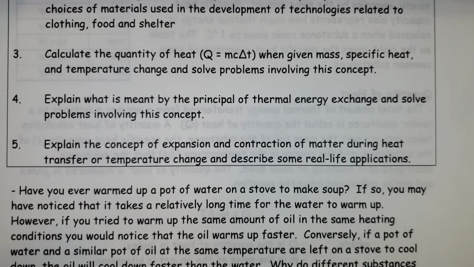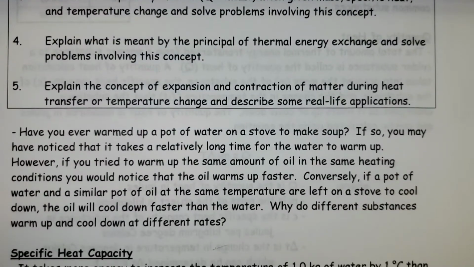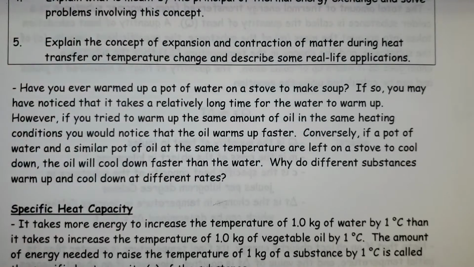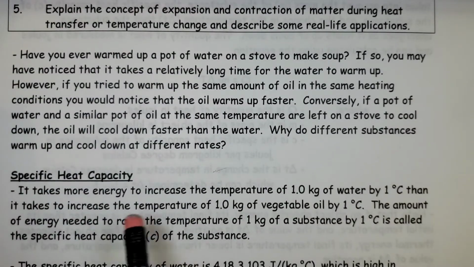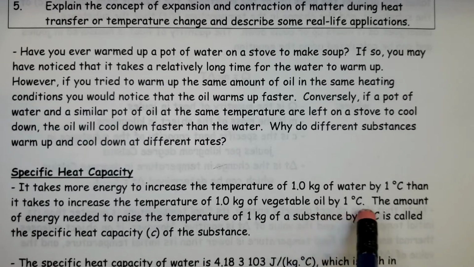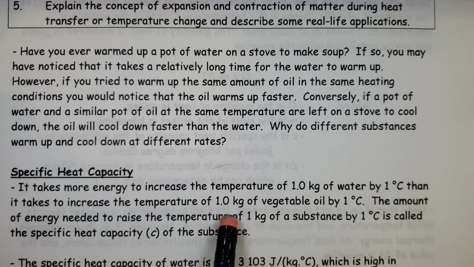Conversely, if a pot of water and a similar pot of oil at the same temperature are left on a stove to cool down, the oil cools down faster than water. So why is that? It all has to do with specific heat capacity. It takes more energy to increase the temperature of a kilogram of water by 1 degree C than it takes to increase the temperature of the same amount of vegetable oil, 1 kilogram, by 1